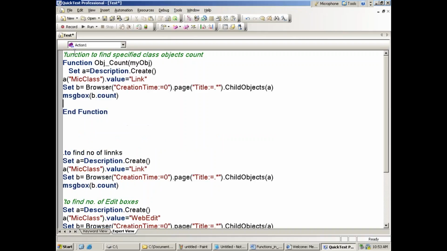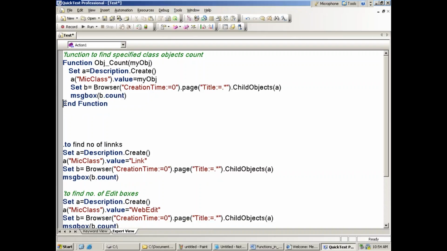Then the function, Set A, this is common. Here in the second line, link is not fixed. Whatever class I am going to give, that is my object. So Set B, any opened page it has to find. So B.count.